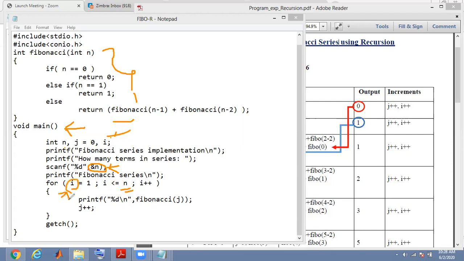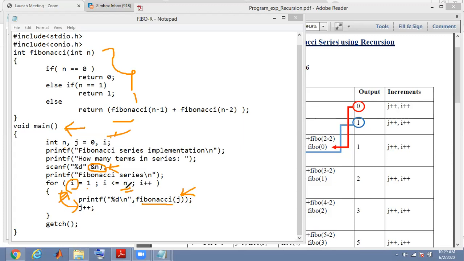So we'll start the loop from 1 up to the value of n, and we call our Fibonacci function using the value j. See here, we are not calling the function using n here.